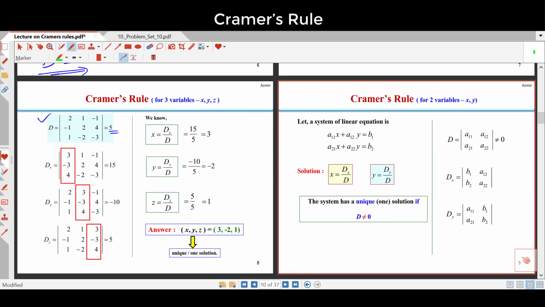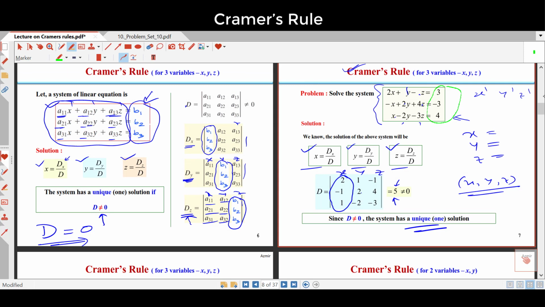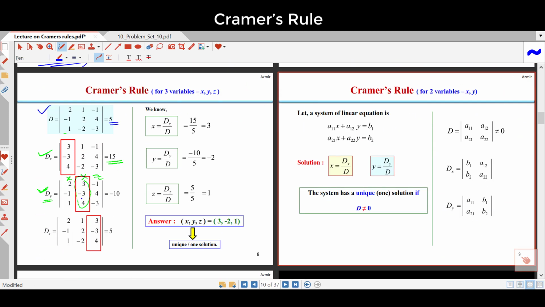So 3, minus 3, 4, and now find the determinant. It is 15. Similarly, d sub y. Just think about the first column is x, second column is y, third column is z. You are finding d sub y, that means in the y column input the right side values, 3, minus 3, 4. So 3, minus 3, 4 is plugged here, and finally you can easily find the determinant,